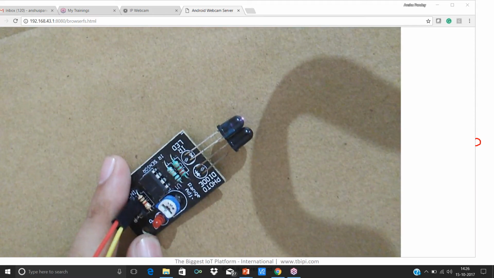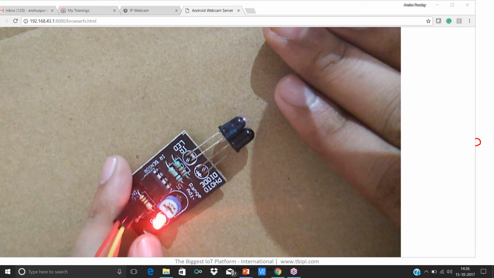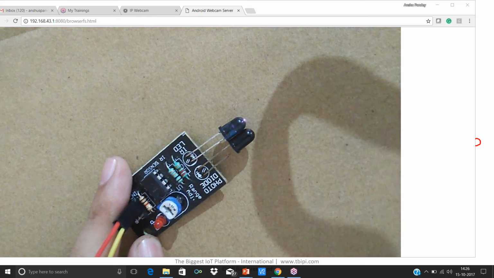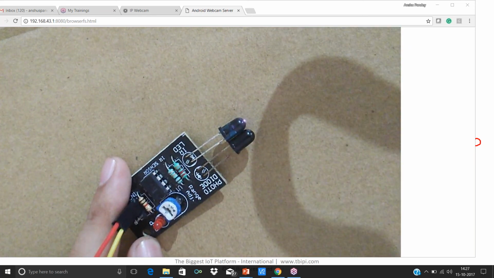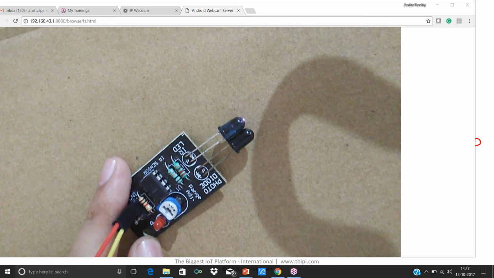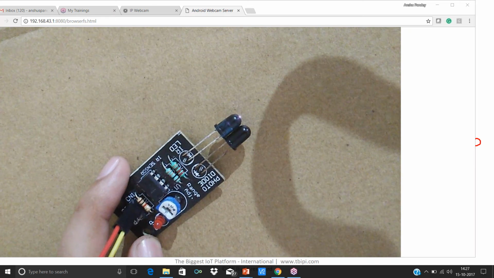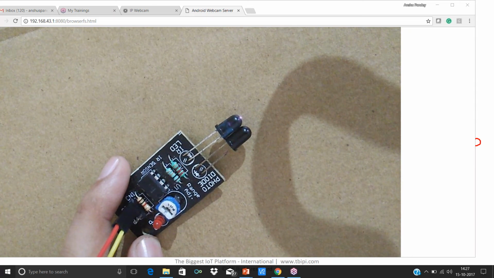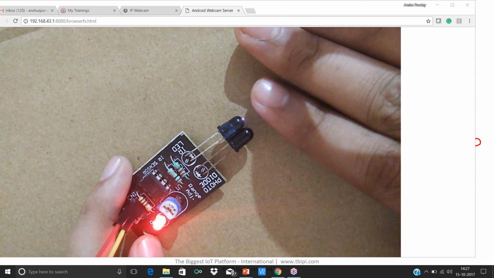Okay, it is able to detect the presence of any particular object in front of it. So any object you place, it will be able to detect the presence of that particular object. Okay, so I hope the sensor is working properly for all of you. Let me know if it is working properly. It is able to detect the presence of an object in front of it. All right, you can see over here, if I press my hand,